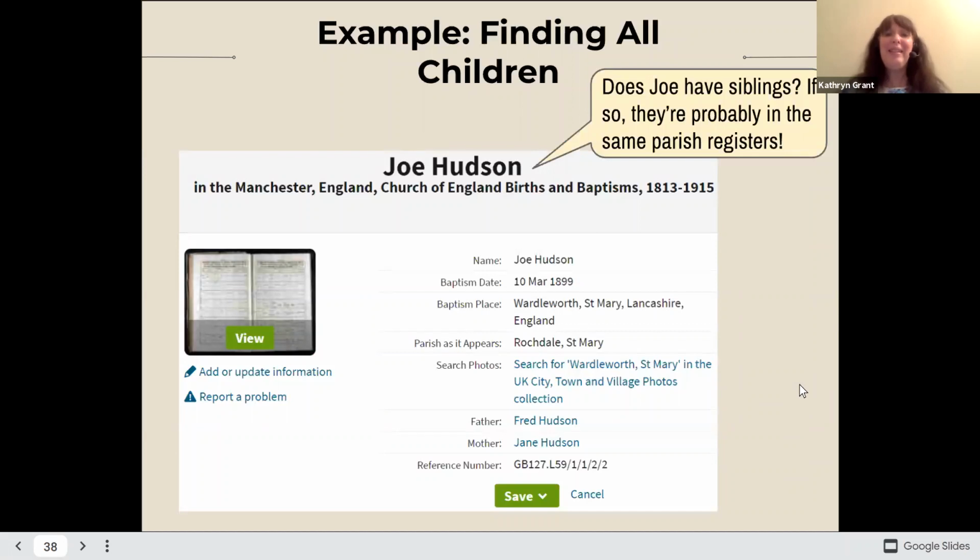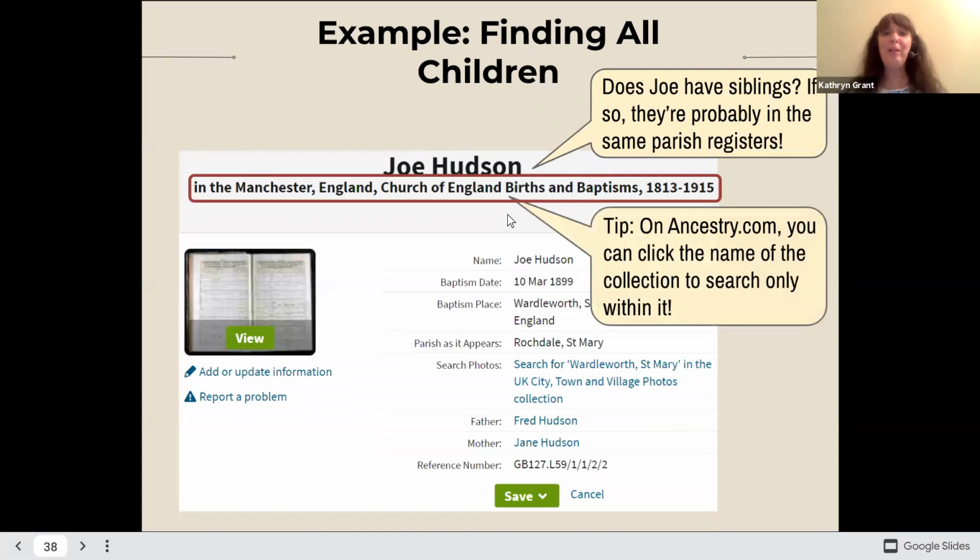Here is another example, and this is something that I actually use quite a bit, which I love. I'll find maybe one person and then I will want to know if that person had siblings so that I can add them to the tree. And at this time in England, if Joe has siblings, probably they're close in years and in the same parish register. So here is one of the coolest things about Ancestry,